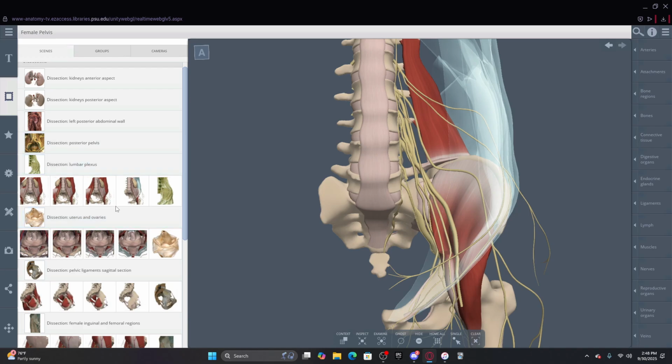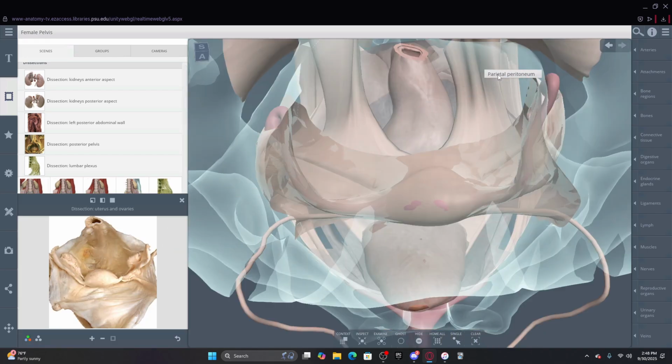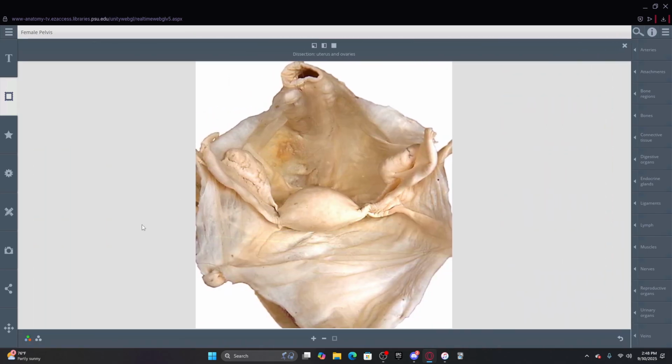Another dissection I want to show you is the uterus and the ovaries we have here. So I thought this was a good dissection. You can see a few different structures, right? First thing I want to mention is this structure here. This is the large intestine, the rectum, right? So this would be the rectum here. Our rectum,